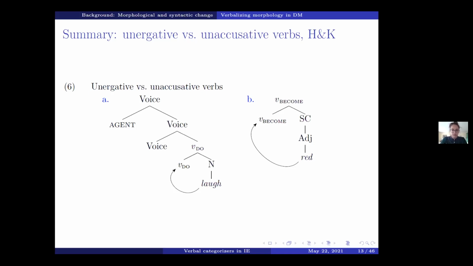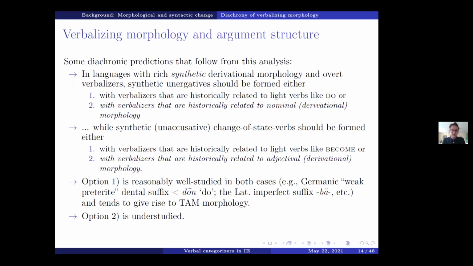And then if you want to make this transitive causative, you can still add voice and add an external argument. And I think from this approach, there are some interesting diachronic predictions that follow that haven't really been explored very much. And these are that now in languages that have rich synthetic derivational morphology and overt verbalizing morphology, unlike English, we actually expect synthetic unergatives to be formed either with verbalizers that are historically related to light